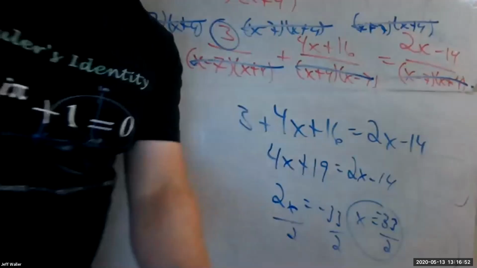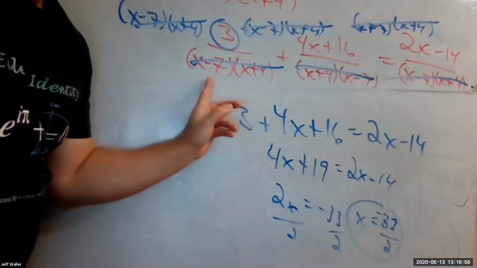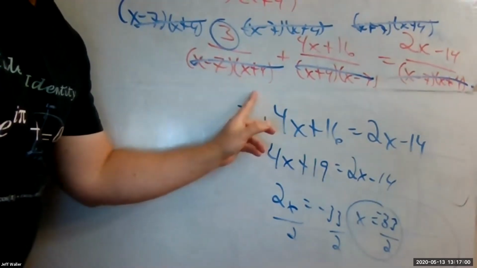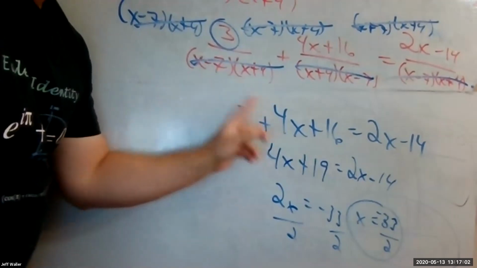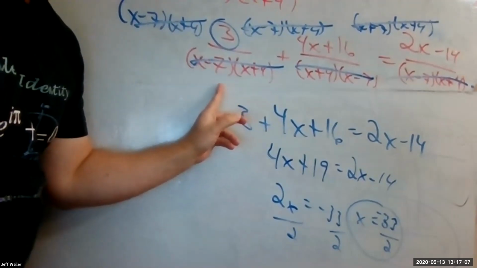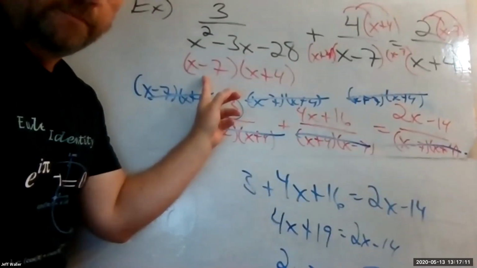Very quickly, something I forgot I was going to do. What can x not be? Do you guys see what x can't be? What would make this 0? Let me show you this one. What would make that 0? If x was